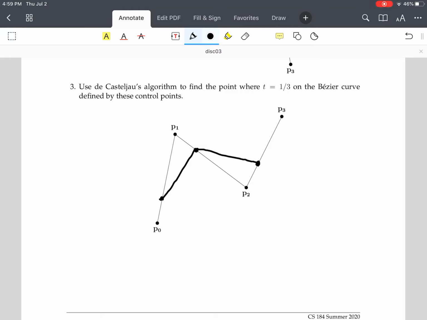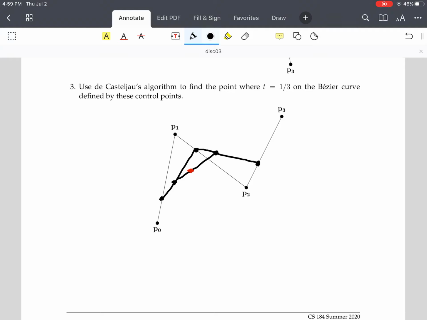We've gone from 4 control points to 3. Do the same thing again. So about there, connect it up. Now we're down to 2 control points, and once again, do it in red. We go 1/3 of the way over, and there we go. That's our point. Okay, so this is for t equals 1/3. If we had done t equals 1/2, we would have had a different point, and so on and so forth